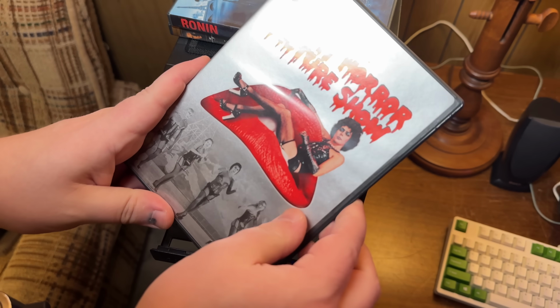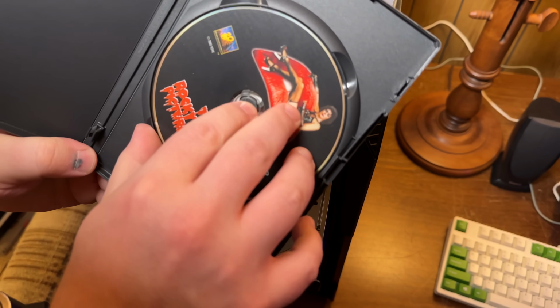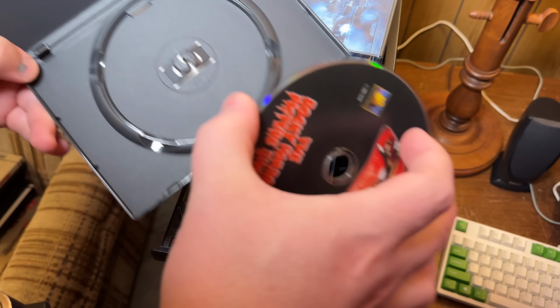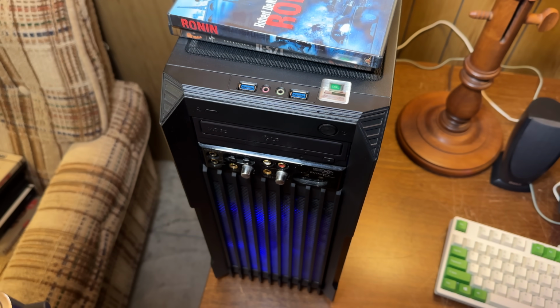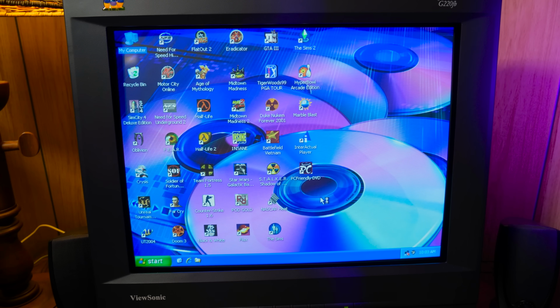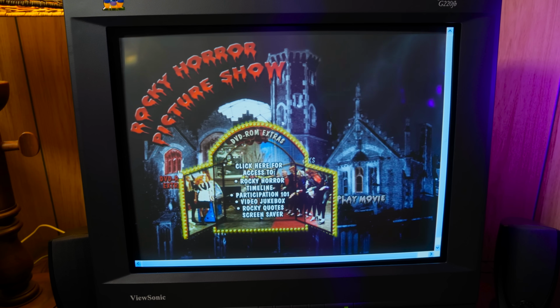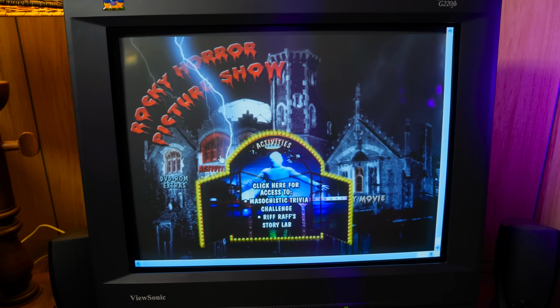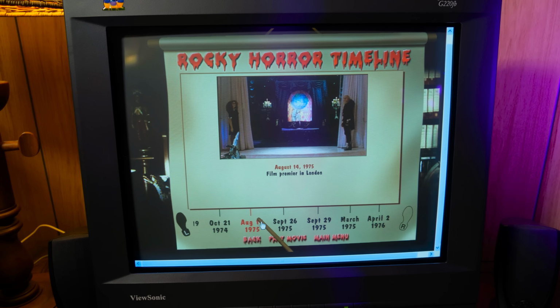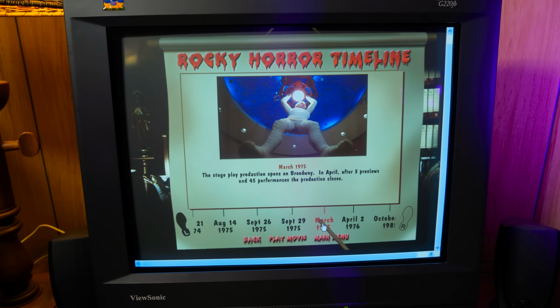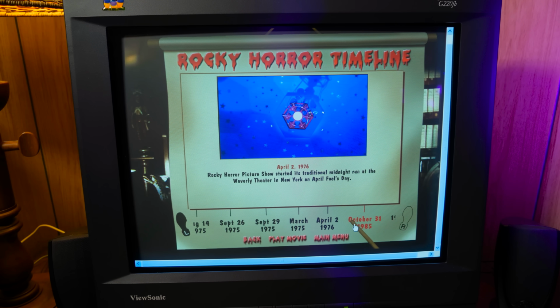And then one more DVD I wanted to look at real quick because it's one of my favorites, and I figured The Rocky Horror Picture Show had to have some interesting things on there, and yes, it does. And this is another one that didn't quite work correctly for me. It's an earlier PC-friendly application, but it does open just fine in Internet Explorer, so that's what I'm doing. And yeah, theming and Flash animations very much on point, with interactive extras including a Rocky Horror timeline going over the live show and the release of the movie and such.